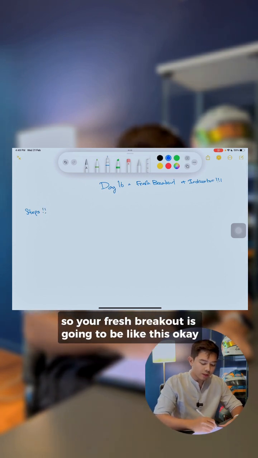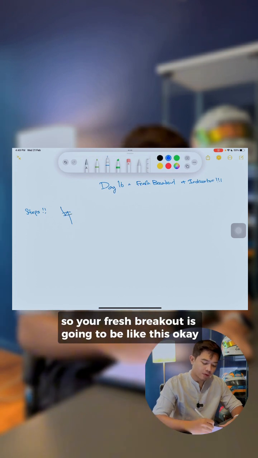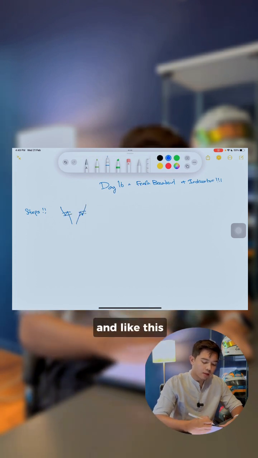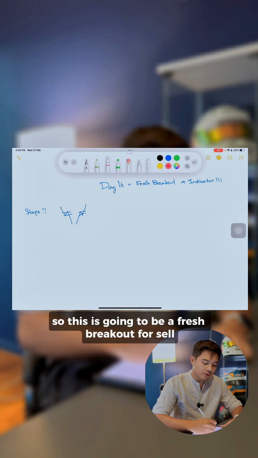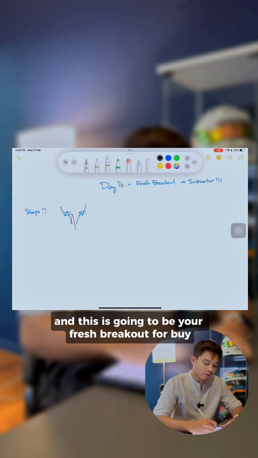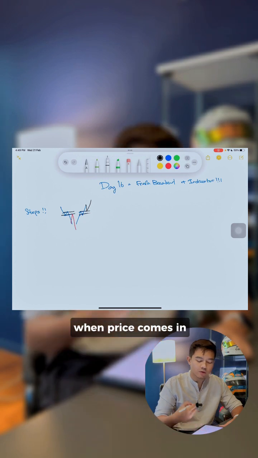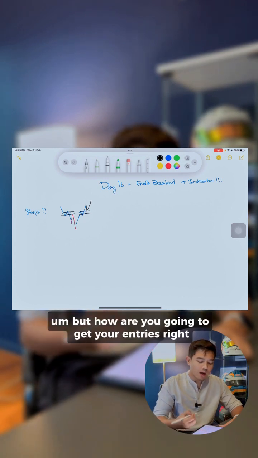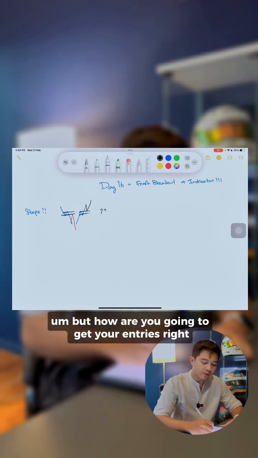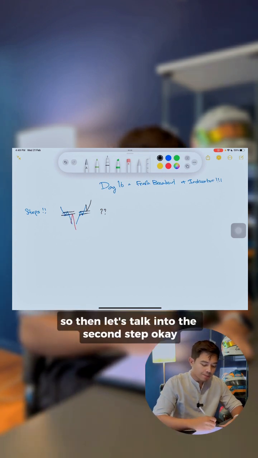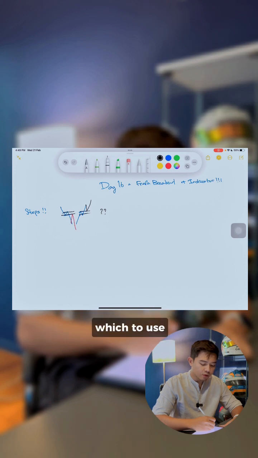So your fresh breakout is going to be like this, okay, and like this. So this is going to be a fresh breakout for sells, and this is going to be your fresh breakout for buys. Okay, so when price comes in, you're going to enter. But how are you going to get your entries, right? So you may ask. So then let's talk into the second step, which is to use